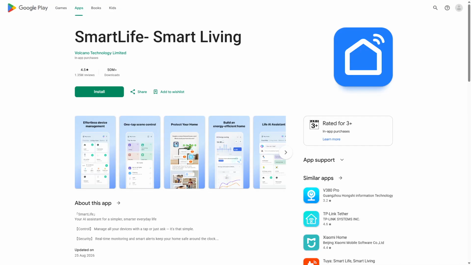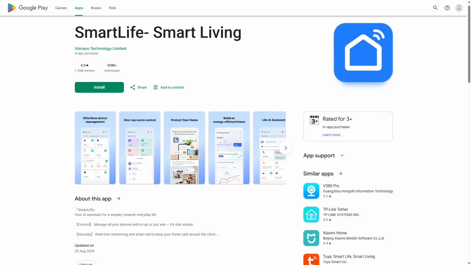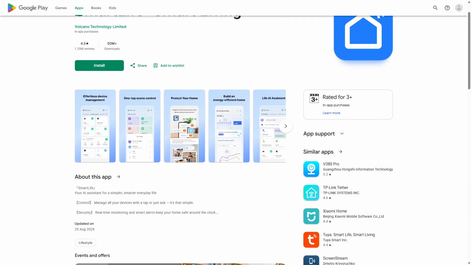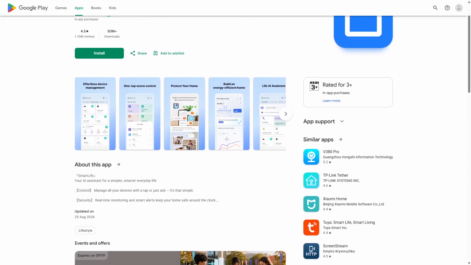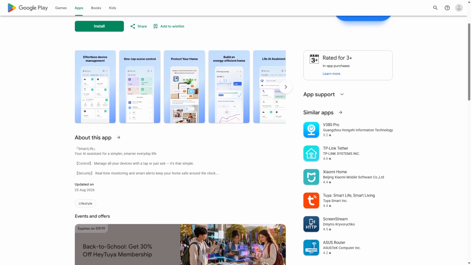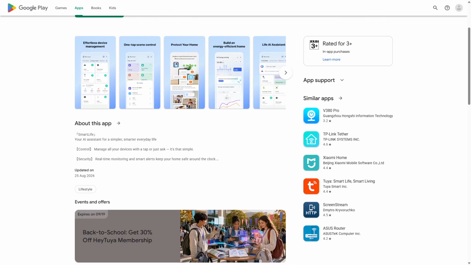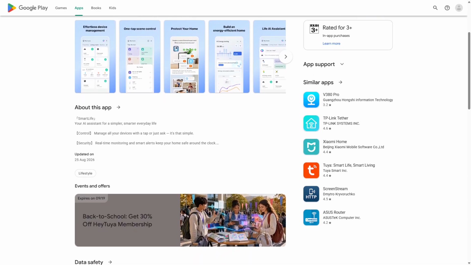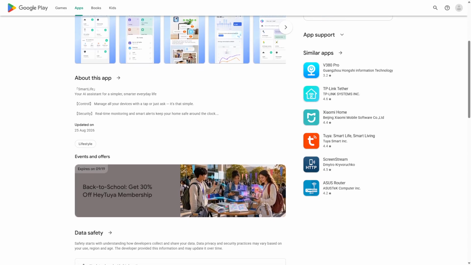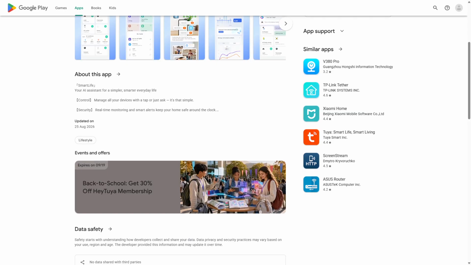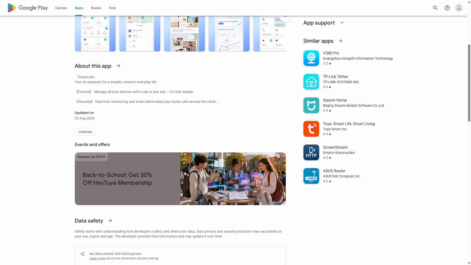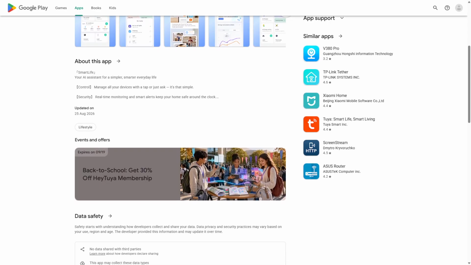Smart Life is a cloud-based smart home platform designed for simplicity and broad compatibility. It works through a mobile app that connects to a wide range of smart devices, including lights, plugs, cameras, and sensors. The platform emphasizes quick setup and ease of use, allowing users to control devices remotely from anywhere with an internet connection. Its strengths lie in user-friendly interfaces, seamless integration with popular voice assistants, and a large ecosystem of compatible